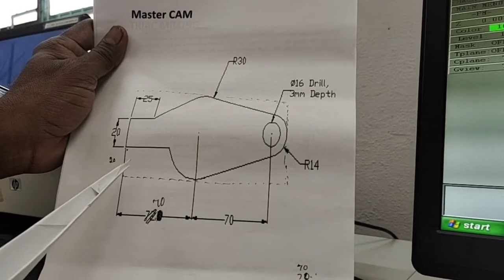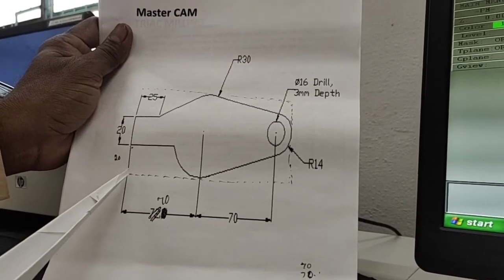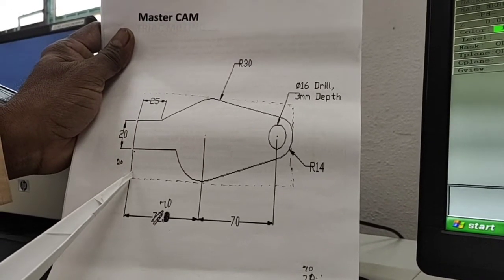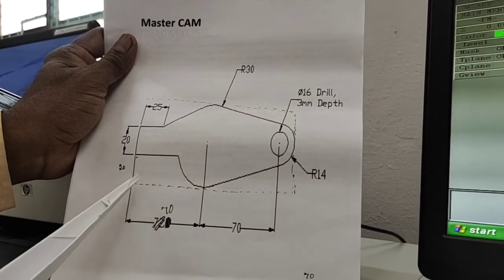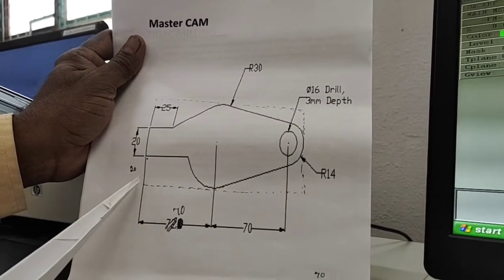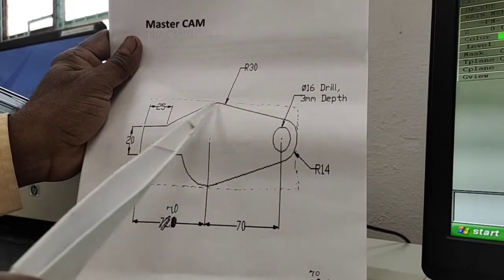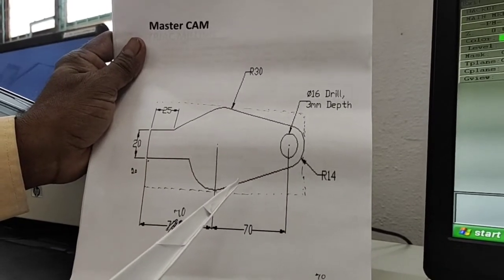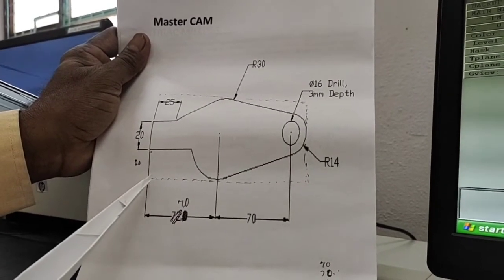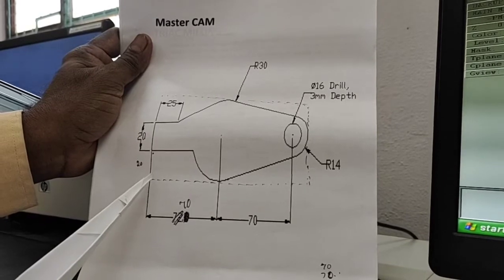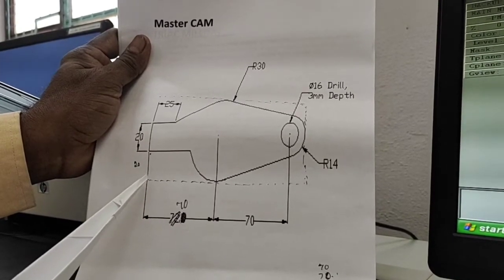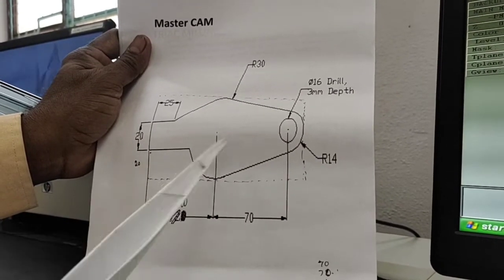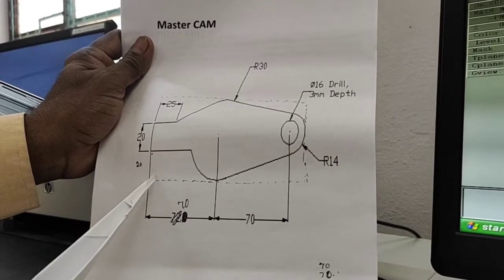We have to define x0, y0 as this point. Because we are using the absolute system, this point will be set as x0, y0. From here, if you move the tool to any position, it is on the basis of this line.